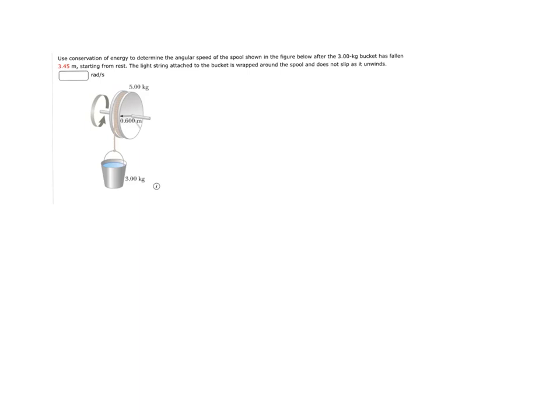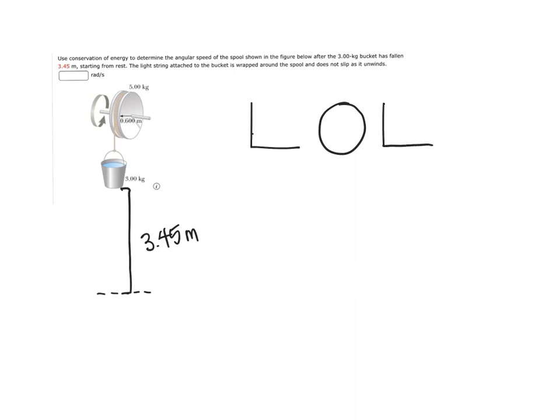Okay, so first what we need to do is look at the energy in the system to begin with. So when the bucket is at its starting position, it is 3.45 meters above y equals 0. So if I think about this in terms of the conservation of energy, then initially my bucket has gravitational energy stored